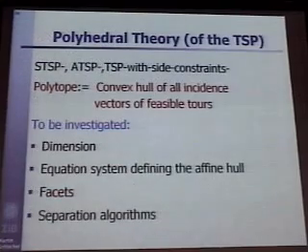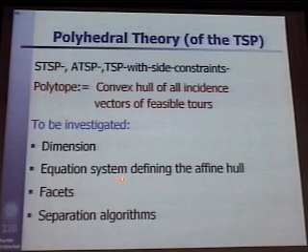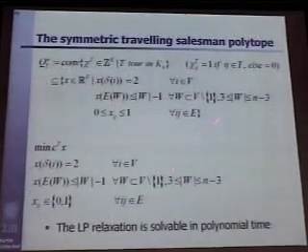Okay, now we come to the combinatorial optimizers. How do they do it? Now they go to geometry, namely we take the convex hull of all incidence vectors of feasible tours, and we investigate dimension, equation systems, facets, and separation algorithms. So that is a research program. And when you are successful, you can try to transform this into codes and make linear programming approaches, which I'll explain to you. So here is the formal way.